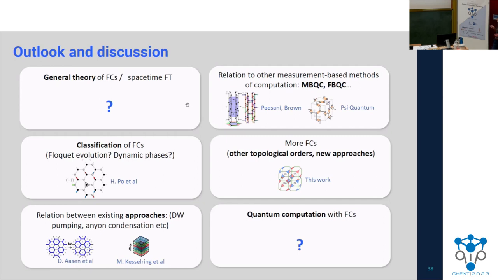Then there exist other frameworks of computation that seem to be related to Floquet codes, such as measurement-based quantum computation and fusion-based quantum computation. And the question of relation of these frameworks to Floquet codes is not fully explored yet, even though there is already some work in that direction. Then there is always a question of, can we design better Floquet codes or conceptually new, interesting Floquet codes? And finally, how do we do quantum